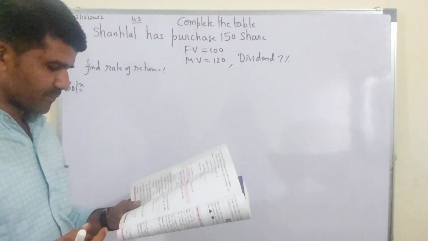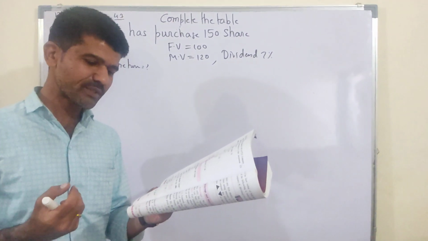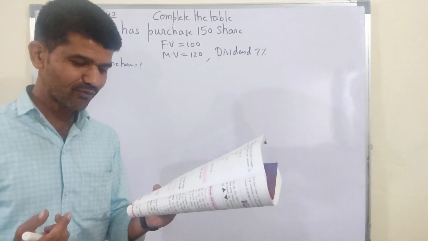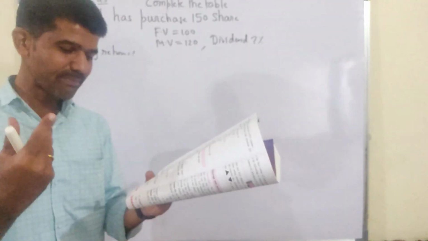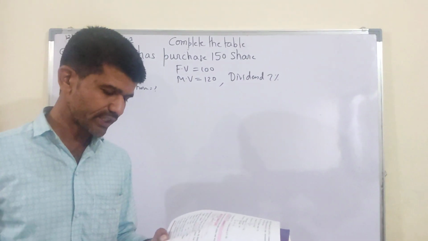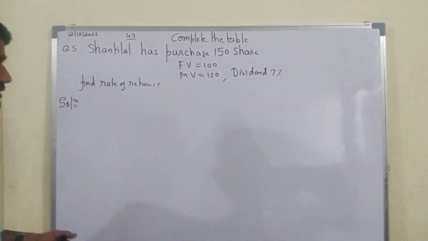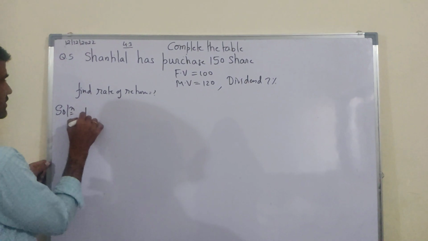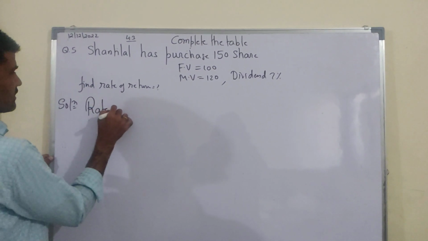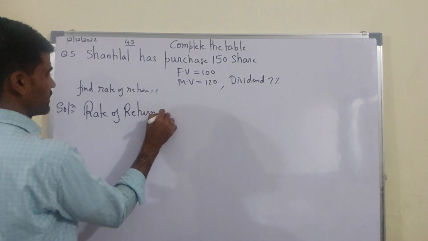Question number 5. Shanti Lal has purchased 150 shares of face value rupees 100 at market value rupees 120. The company has paid dividend at 7%. Find the rate of return of his investment. Same formula. Rate of return. Solution. Rate of return equals